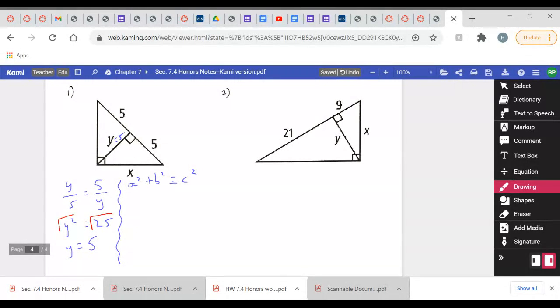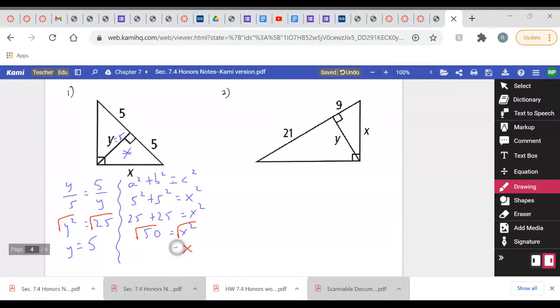Remember, when we have a squared plus b squared is equal to c squared, a and b are the legs, the two sides that make up the right angle, and c is the hypotenuse that's across the right angle. So in this particular problem, if I look at the picture, I can see the legs are my 5s because they make up the right angle, because we're looking at this triangle right here. So we're saying 5 squared plus 5 squared is equal to the hypotenuse, which is the x, because it's across the right angle. So if I solve for that, I get 25 plus 25 is equal to x squared. Add those up and I get 50. When I take the square root of both sides,